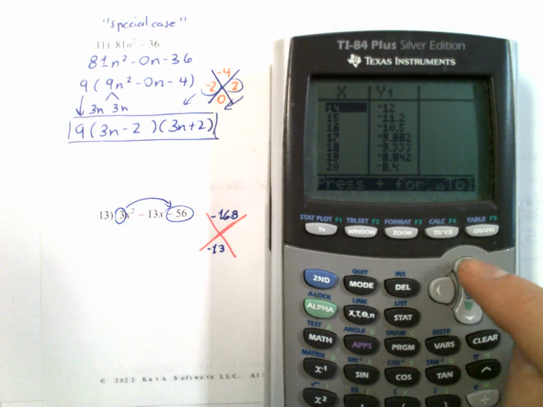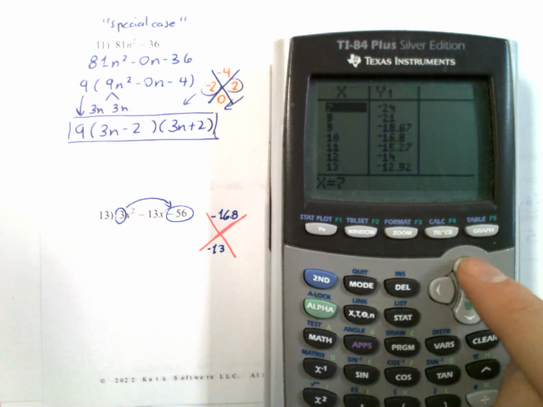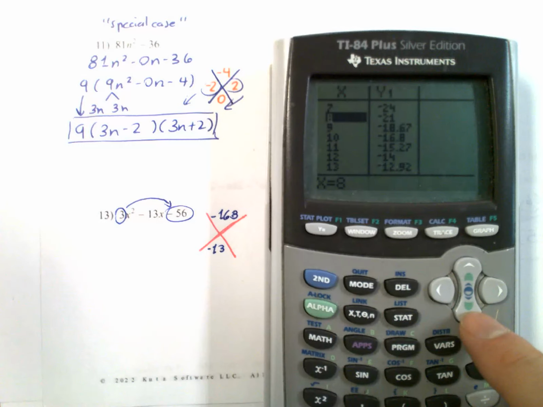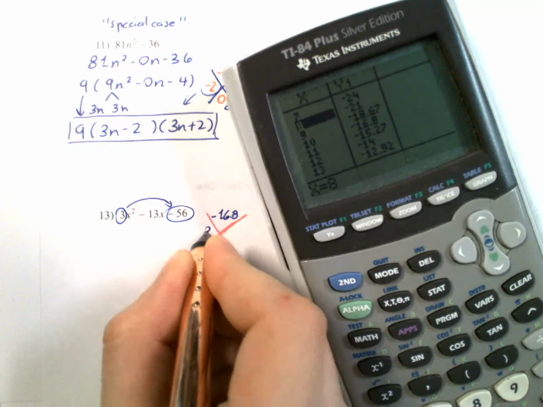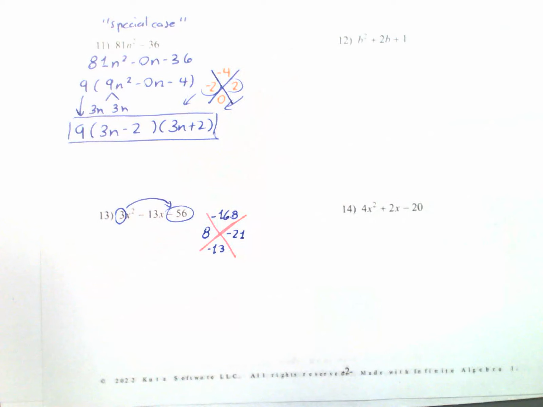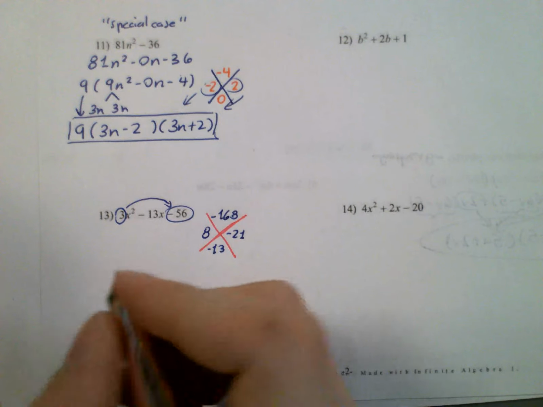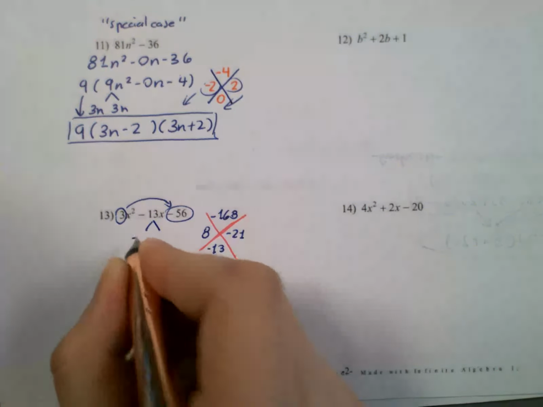Okay? Now we're going to find two terms that add together to give me negative 13. Let's see what we got here. I'm thinking 21 and 8. Sounds good. So we'll do 8 and negative 21. Turning down the brightness again so that we can see. All right. So from there, this guy splits to negative